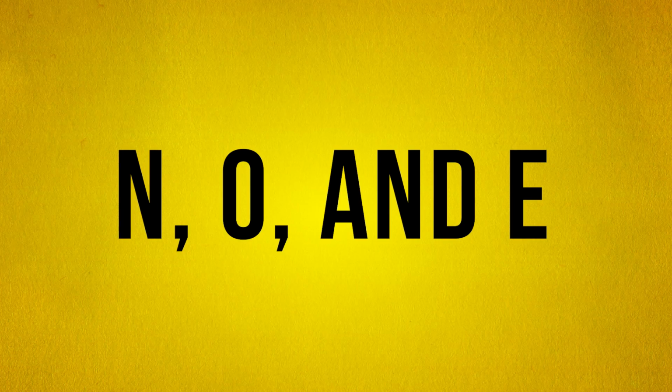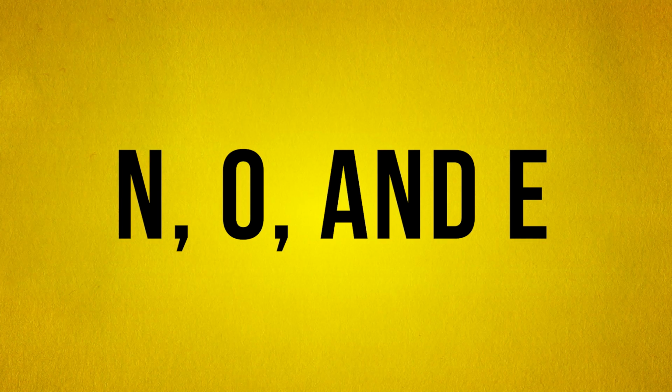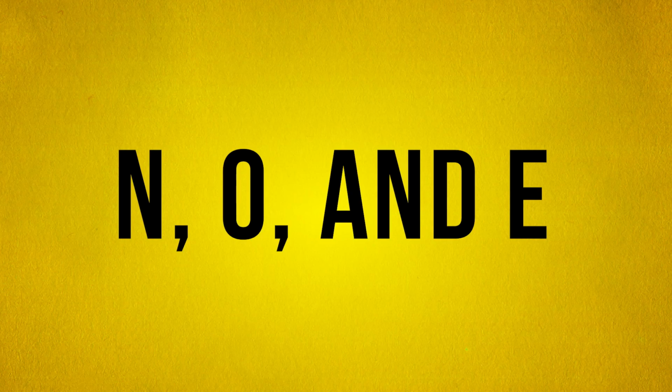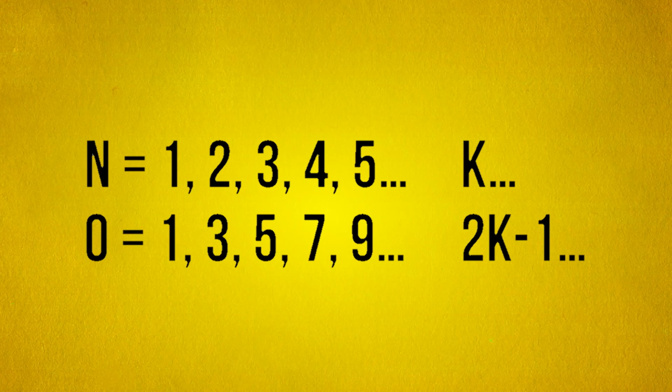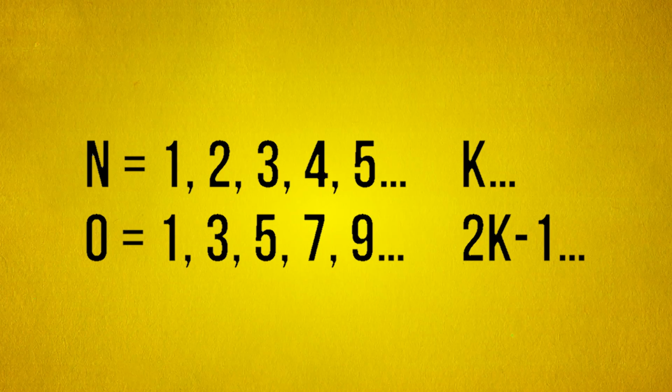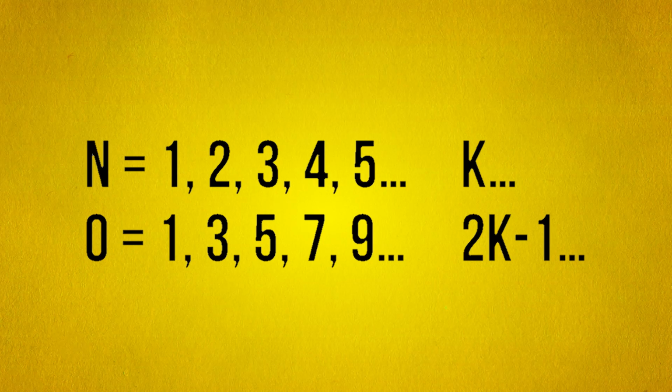One unique feature of infinite sets like N, O, and E is that they can be in one-to-one correspondence or are equivalent to their proper subsets. Additionally, if there exists a bijection, we can say that two sets have the same cardinality. Let's take a look at this. In this example, we can clearly see that every element of N still corresponds to exactly one element of O